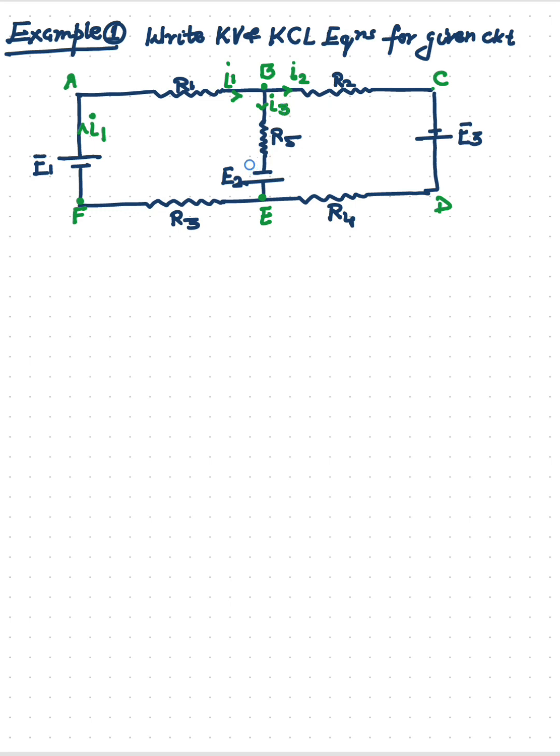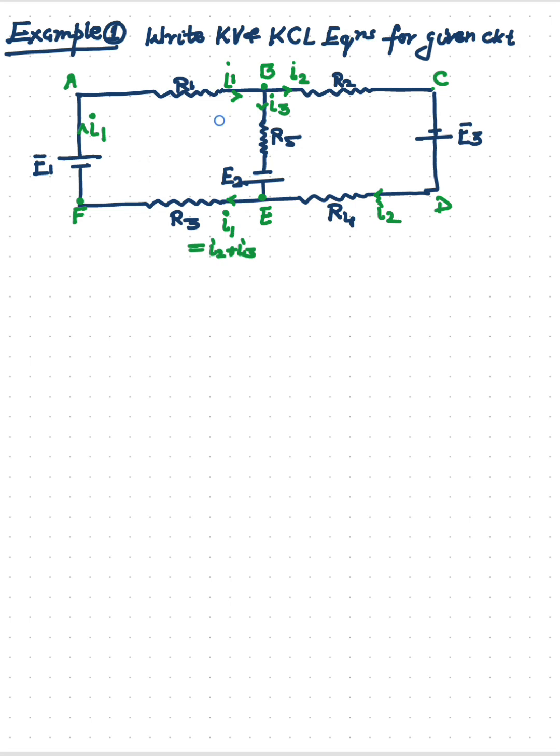This I2 current will flow in this resistance, and in this resistance the current will also be I2. Clear? And this I3 passes from here, and now at junction E the I3 and I2 combine and flow in this branch. So the sum of I2 and I3 equals I1, so in this branch the current will again be I1.